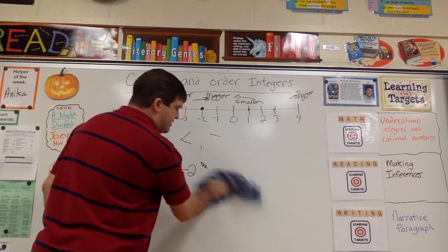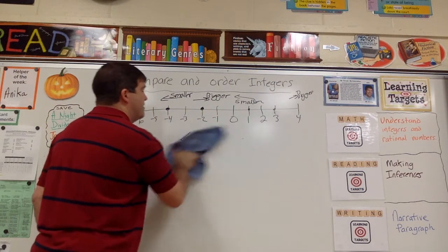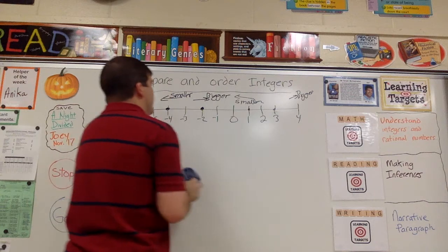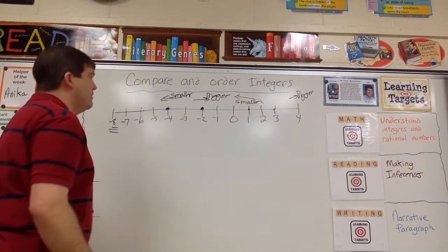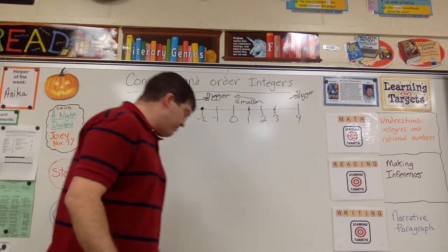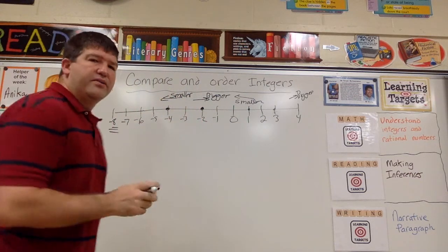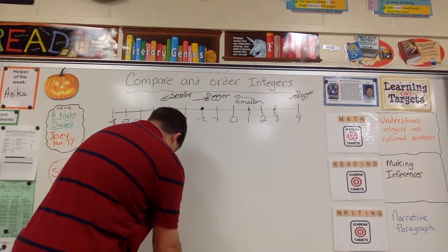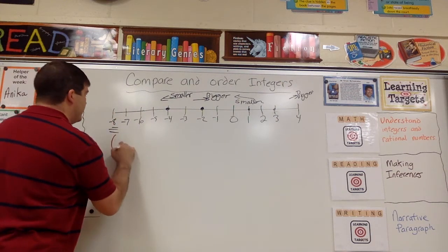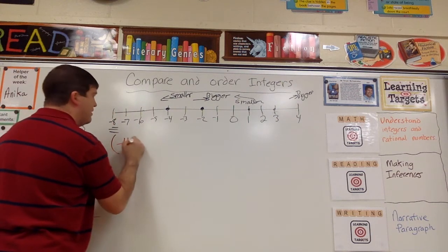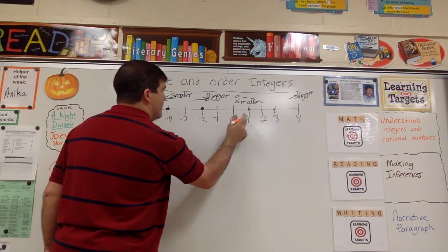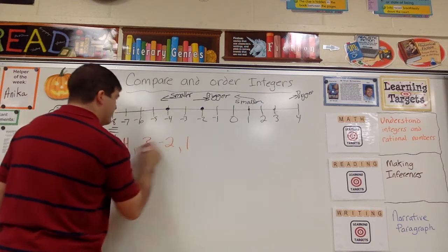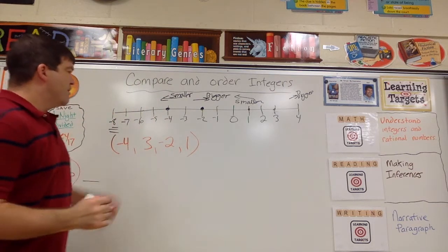And order is just like the least to the greatest or the greatest to the least. So, I have my points here. I have 4 points. I'm gonna keep those 4 integers, and I will put them here. So what I have right now is a -4, a 3, a -2, and I also have a 1. So those are my 4,